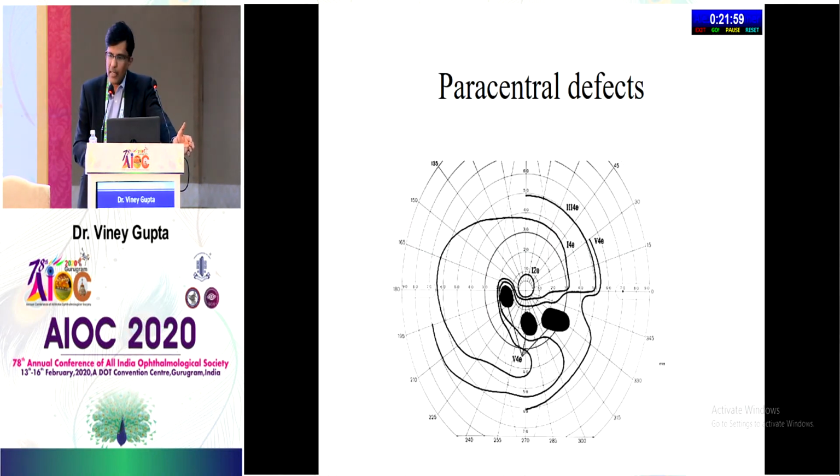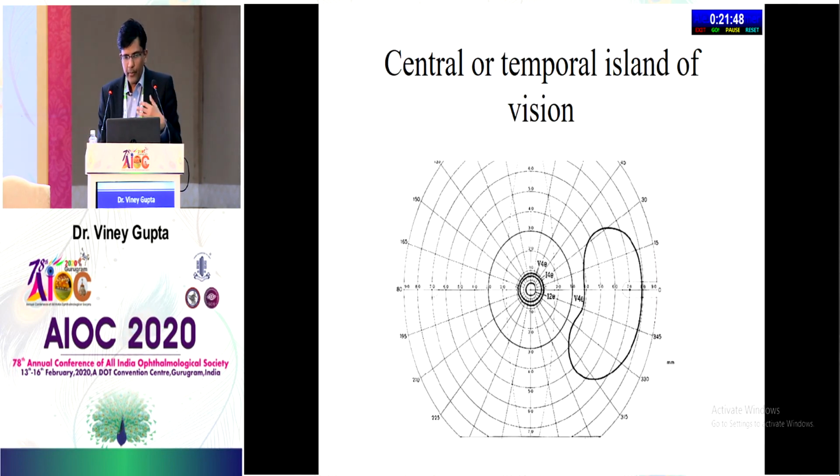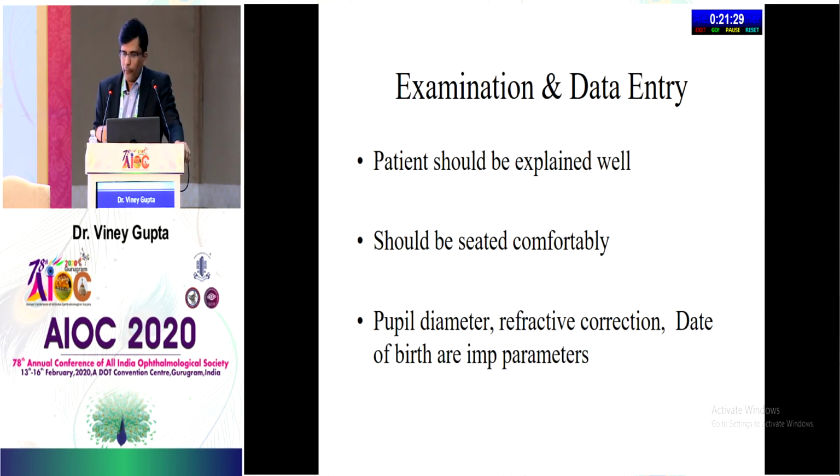So what we are going to discuss are visual field defects in glaucoma, which could be, as I said, paracentral defects. They could join and form an arcuate defect like this, or in the end stage there could be a small central island of vision or only a peripheral island of vision left. When you are looking at a visual field on a printout, you have to look at how the data has been entered and interpret it. If you have multiple visual fields, you have to look for progression. For a single visual field, you have to do it yourself to understand how it is done, and only then can you interpret it properly.